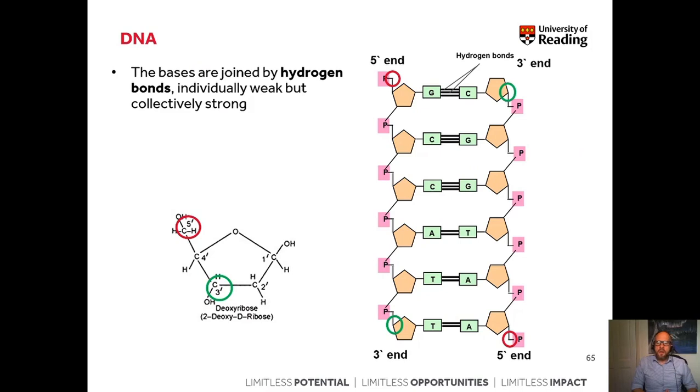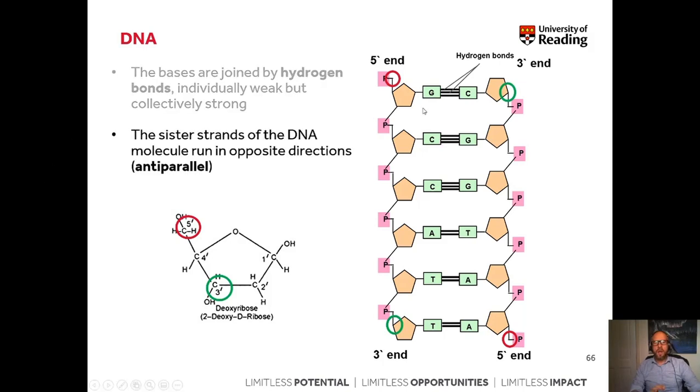After we had a look at the structure of DNA and RNA, let us have a look at how those molecules within DNA are actually arranged. So the bases in DNA are joined by hydrogen bonds. Those bonds are individually actually pretty weak. However, nucleic acids can be quite long, so collectively those bonds are very, very strong and provide the molecule with stability. So you can see here the individual strand of a double-stranded DNA molecule